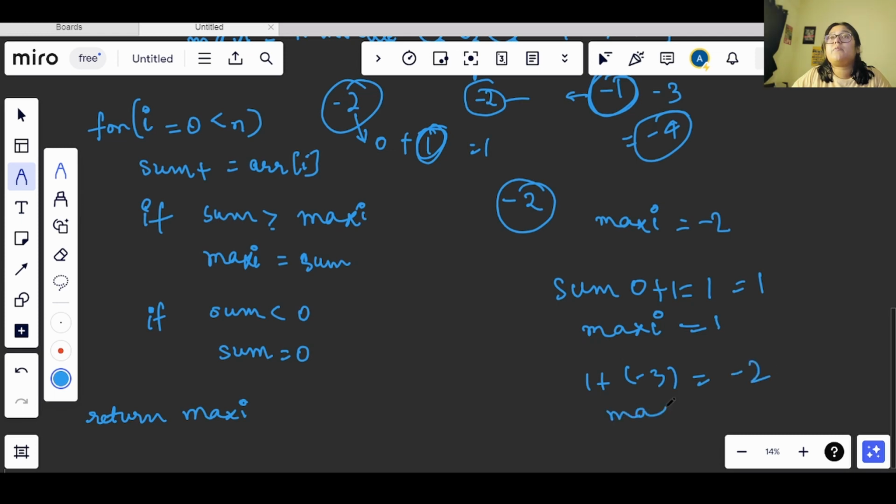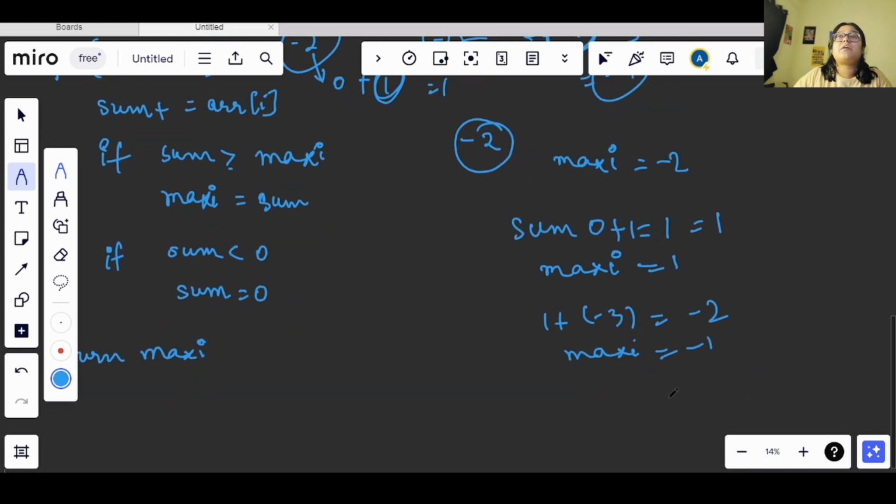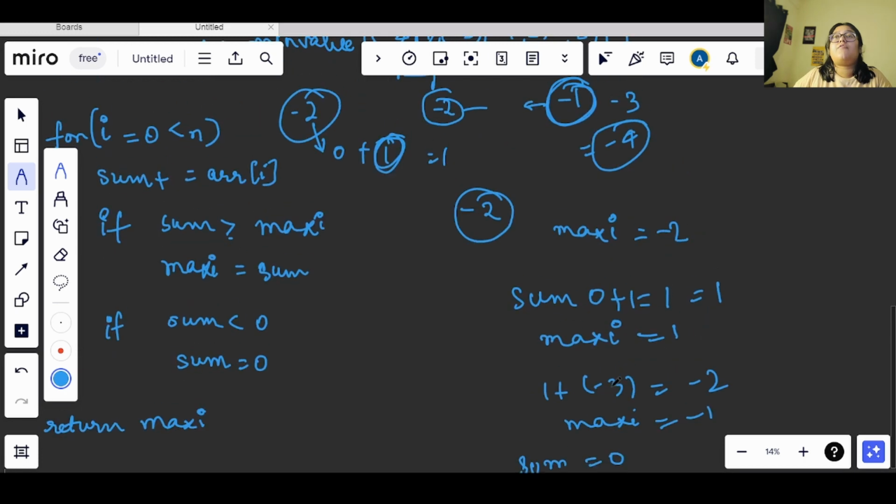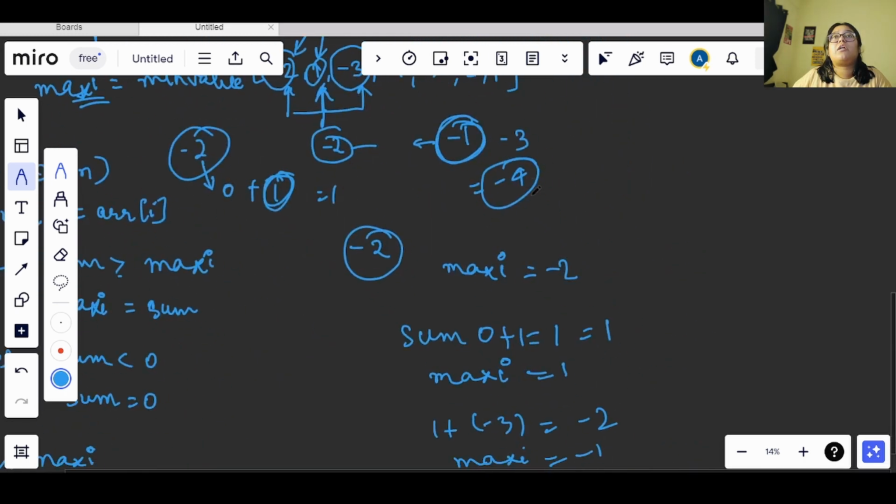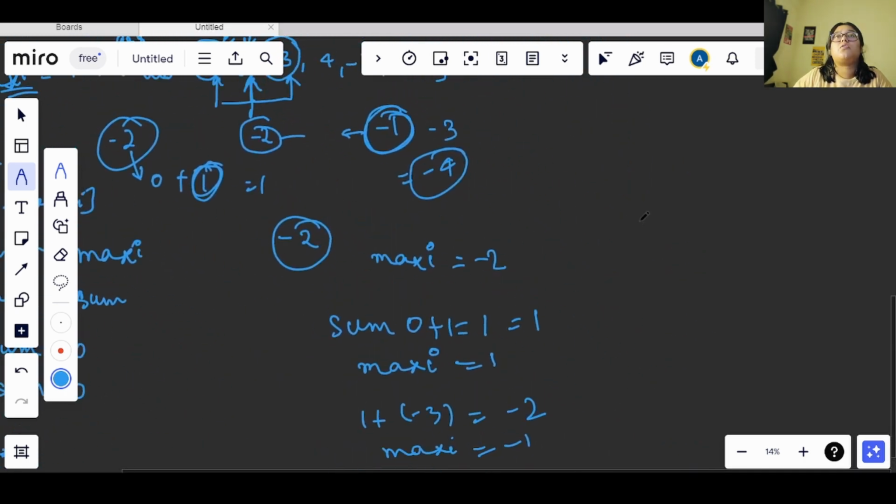Maxi will not get updated, and again my sum will become 0 here. After this we have 4, right? So right now my sum is 0, and in that I have added 4, okay. So I added 4 here. Now my maximum value will get updated to 4 as it was 1 before.